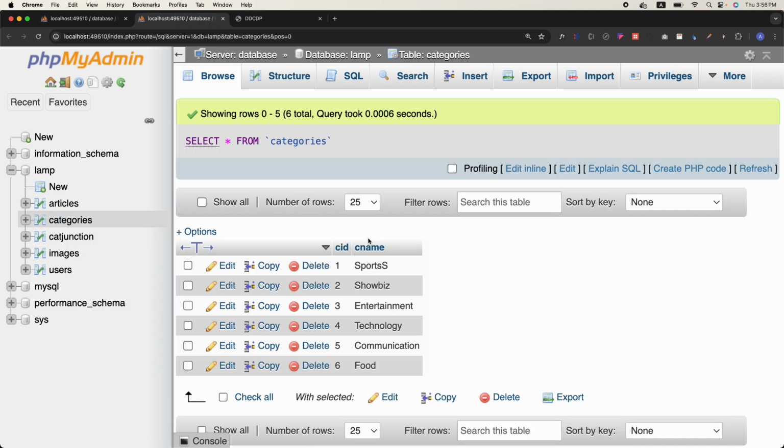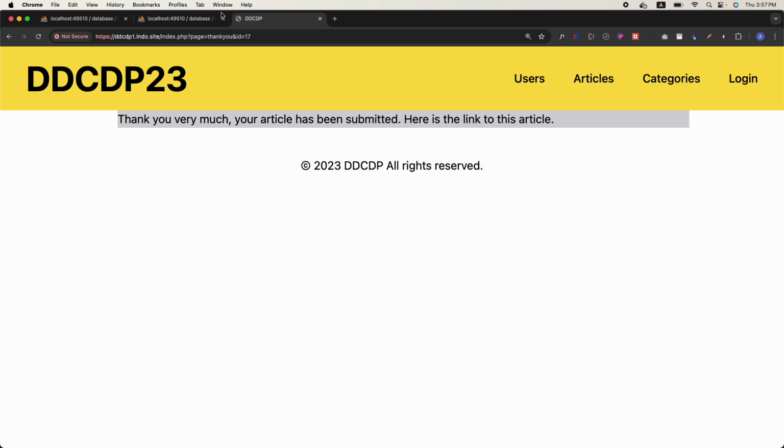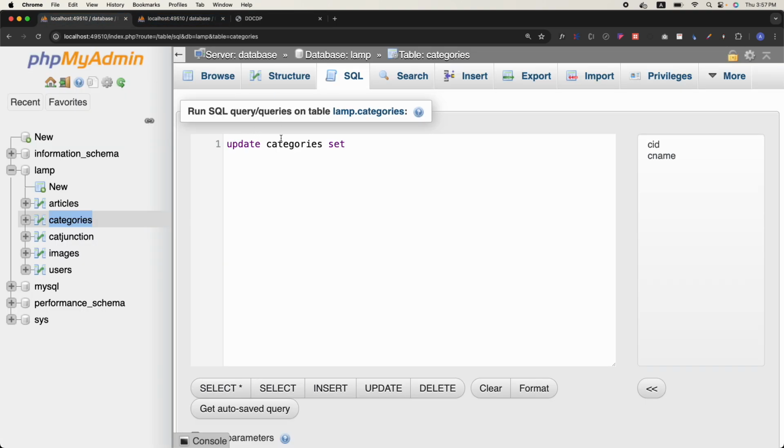Here the name of the column is CNAME. I need to make CNAME something else. So, update categories, set CNAME equal to the string sports, right? But if I just run the query now, what will happen? The CNAME will be sports